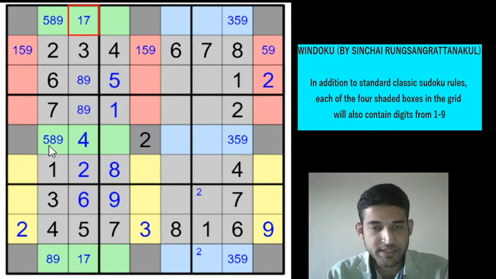Now if you look at green cells, we have placed 5, 8 and 9. Also 1, 4 and 7. The green cells also need to contain 1 to 9. So the remaining digits are 2, 3 and 6. So this will be a 2 or a 3 because of the 6 here. So this will be 3, 6 and this will be 2, 6.